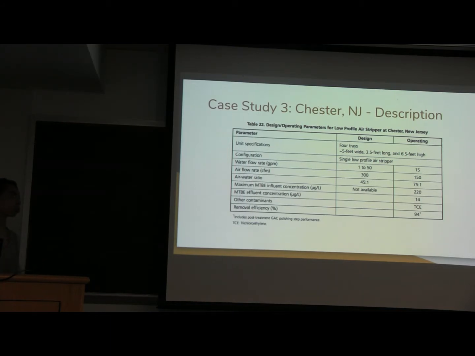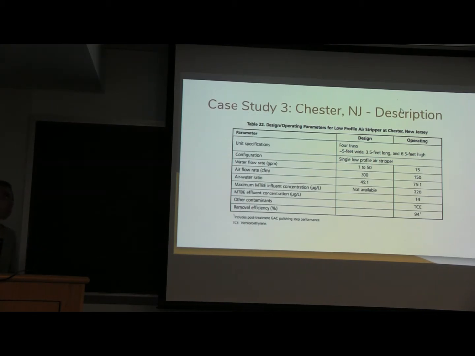There's pre-treatment and post-treatment, and in pre-treatment, the extracted groundwater is passed through, what's it called? Acid neutralization and water softening. And then in post-treatment, it's passed through the 4 shallow trays, and you can see they're 5 feet wide, 3.5 feet long, and 6.5 feet high. So after they're passed through these trays, they are polished through the GAC system, which is granular activated carbon, and